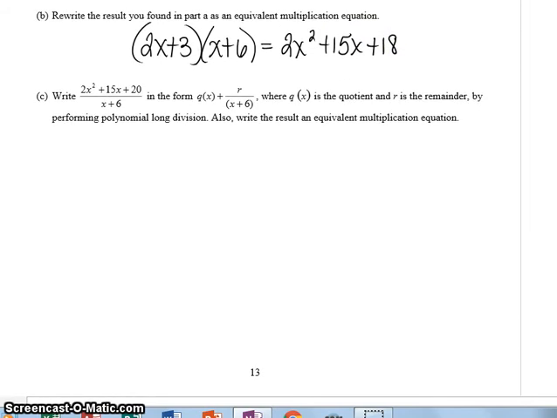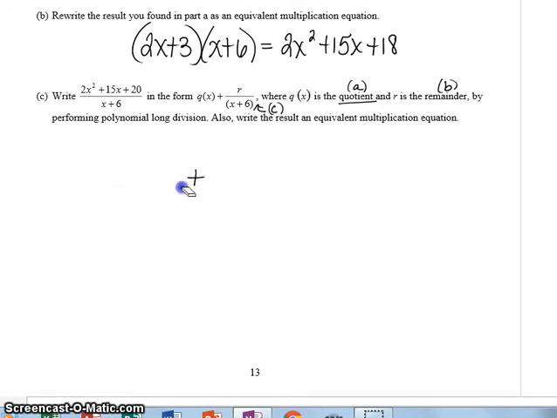All right, part C. Write this in Q of x where R, so this is like that whole ABC again, okay? Now, Q of x is the quotient. Remember we called that A in the first example. R is the remainder. We called that B. And there's my divisor, which we called C. Okay? So, it's going to be your answer. So, 2x plus 3 plus our remainder. In this case, our remainder was,